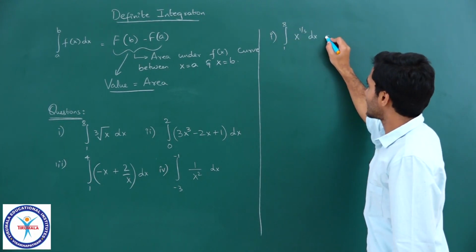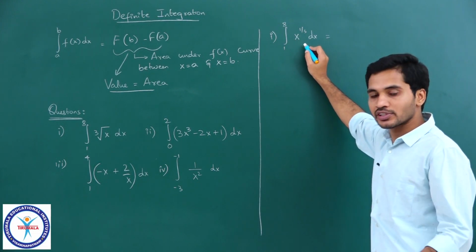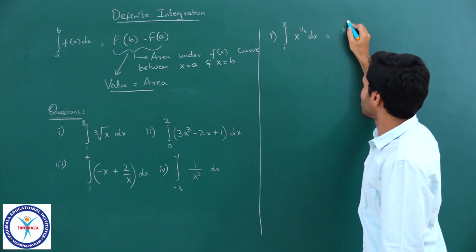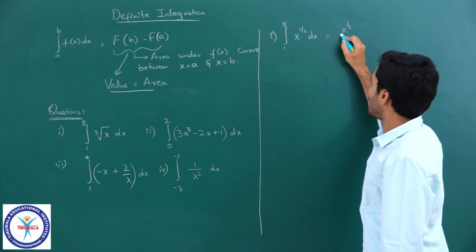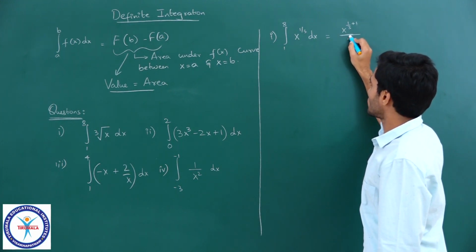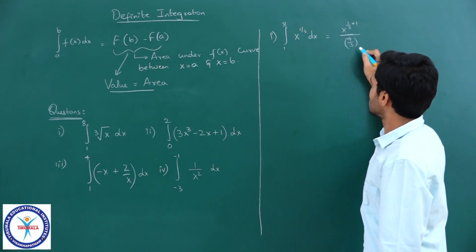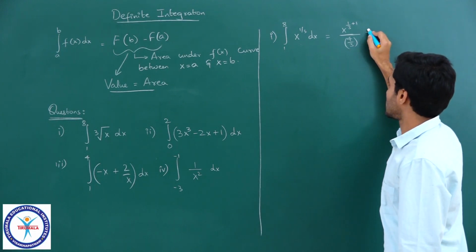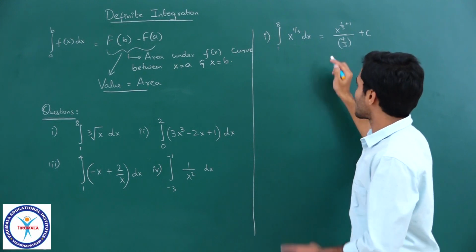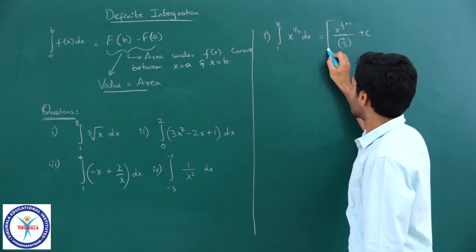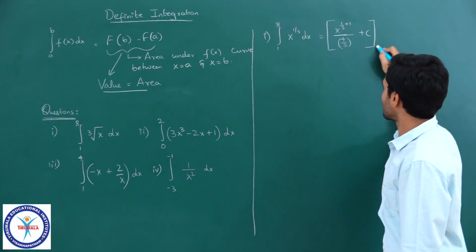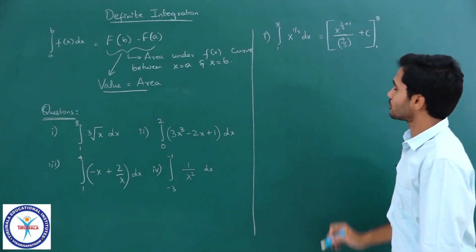So, first I will write the antiderivative function of this, that is the common step in all the cases. So, antiderivative of this would be x power 1 by 3 plus 1, that is x power 4 by 3 divided by 1 by 3 plus 1, which is 4 by 3, correct, plus c. Okay. Now, here we will be using a very simple representation. What I will do is I will just put a square bracket like this and I will write these limits here, 1 and 8, right.